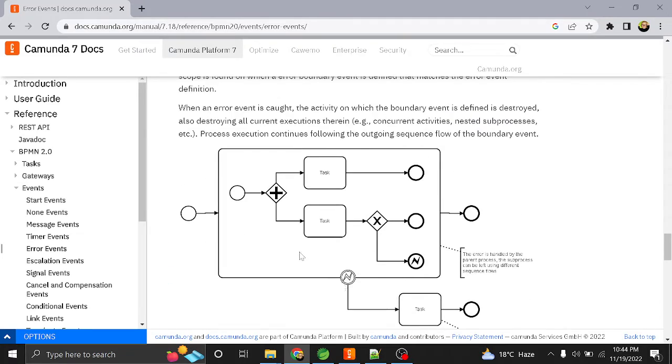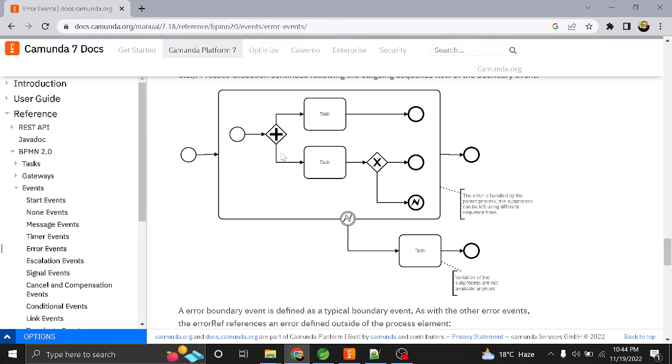Same in the case of this one, where they have used the error as a boundary event. Here also we have a parallel execution, starting two parallel executions. If our execution arrives at this point and throws an error, at the boundary of this scope it is going to check if there is any error event which can catch this error.